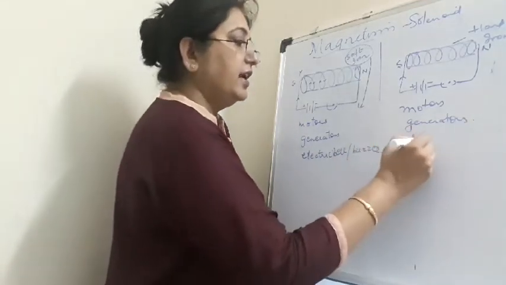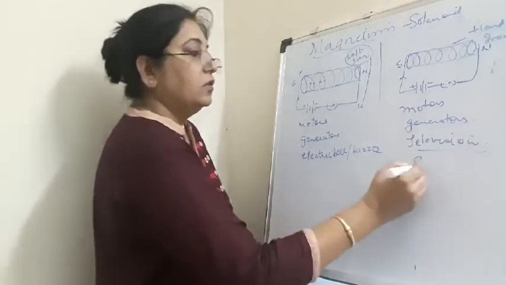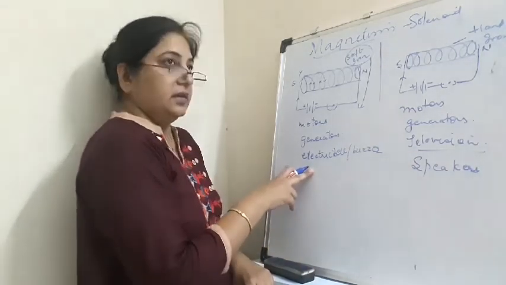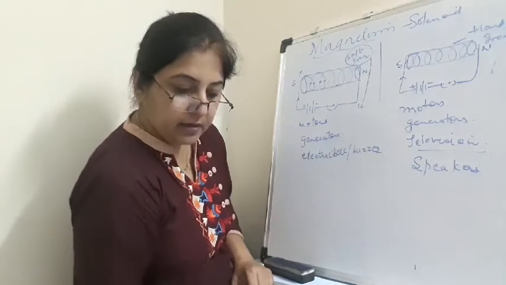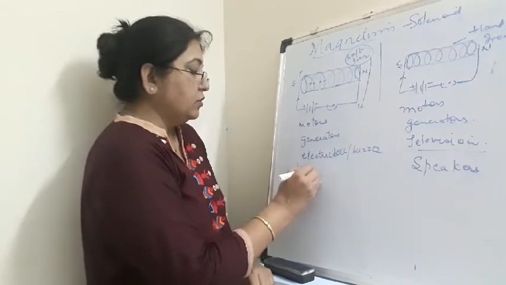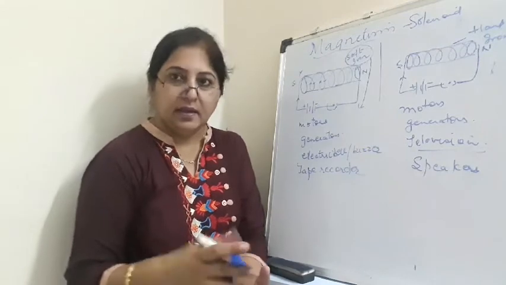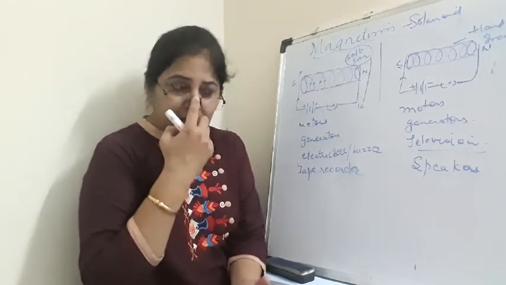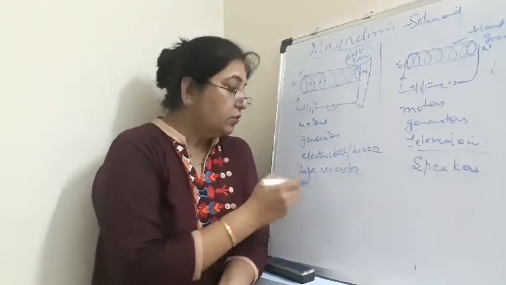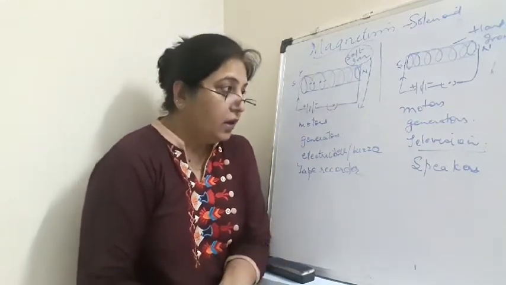Then here we have a television. Permanent magnets are used in television. They are used in speakers. Then for electric bell, buzzer, there are some more points which I have written. Yeah, in the tape recorder also we use these. You know what is a tape recorder nowadays? So you have mobile and previously, some years back, we used to have a tape recorder. In those tape recorders, we can use this temporary magnet, or we can say an electromagnet.